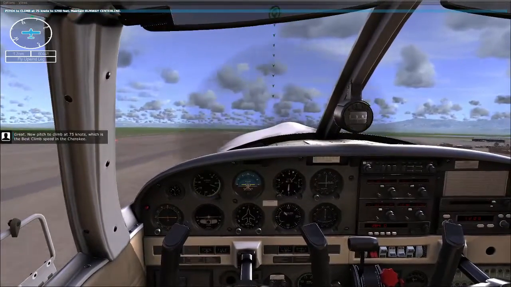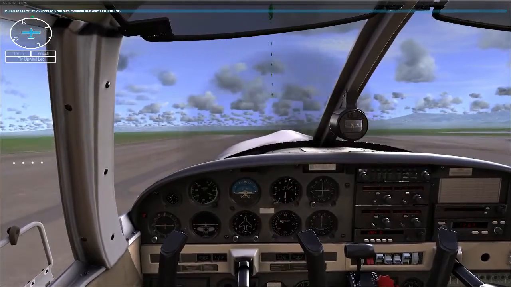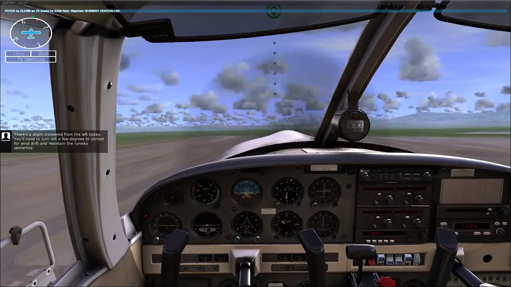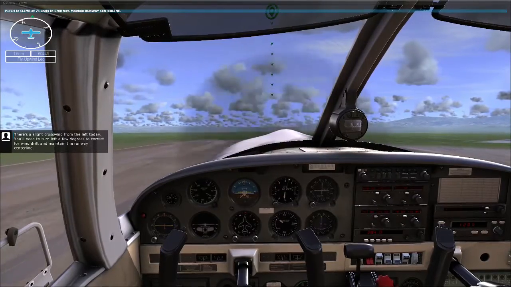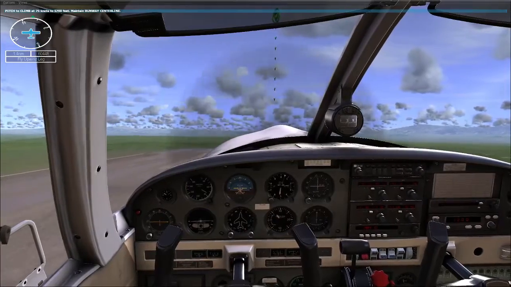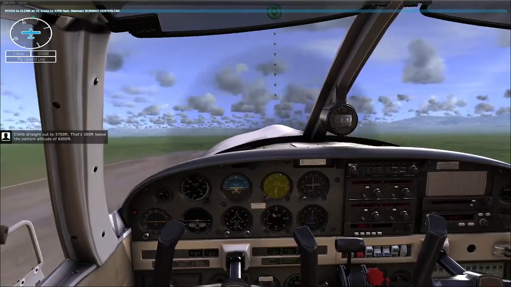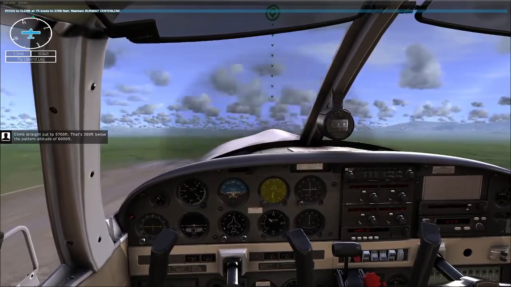Great. Now pitch to climb at 75 knots, which is the best climb speed in the Cherokee. There's a slight crosswind from the left today. You'll need to turn left a few degrees to correct for wind drift and maintain the runway center line. Climb straight out to 5,700 feet. That's 300 feet below the pattern altitude of 6,000 feet.